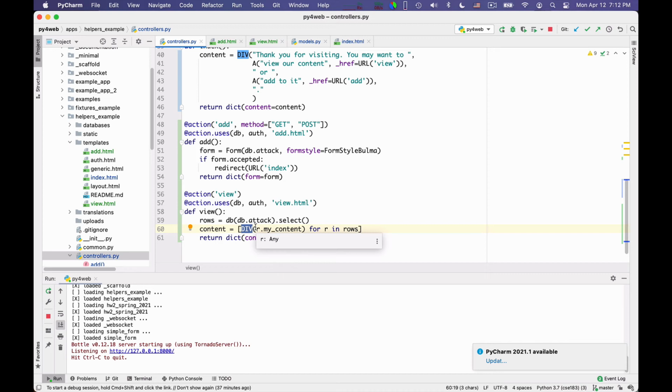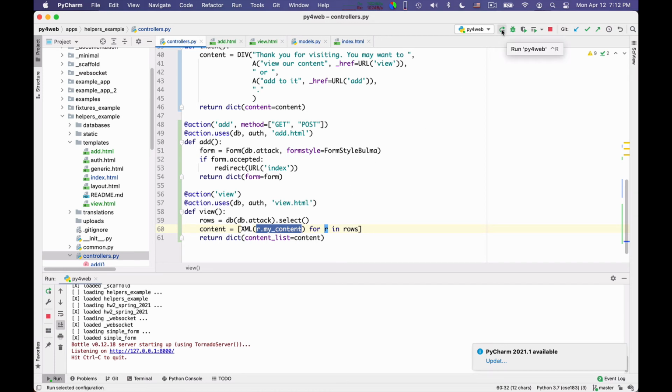And if you want to see the problem in action, you have nothing to do but to change this in an XML tag. The XML tag is the only one that does not quote the content and so has special uses. You should not use it unless you really know what you're doing. And you should especially never use it, as we are doing now, to render content that is not under your control, such as content that comes from the database. Because if you do this, look at what happens.